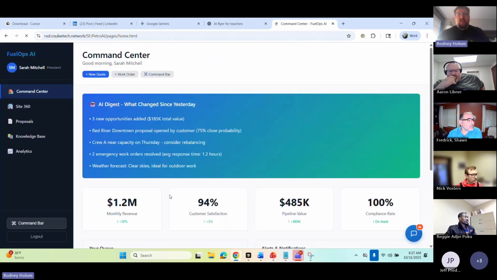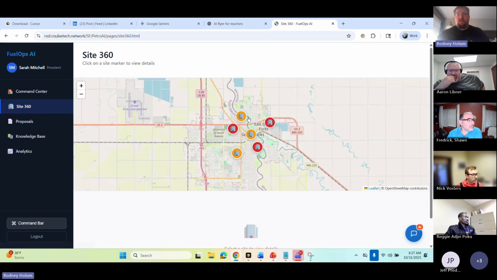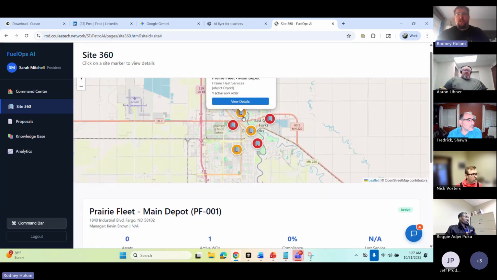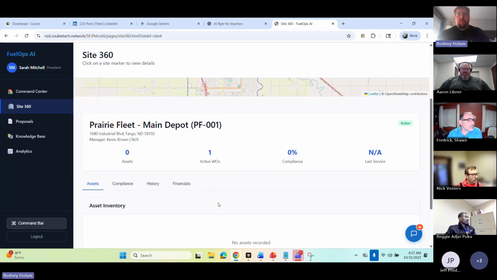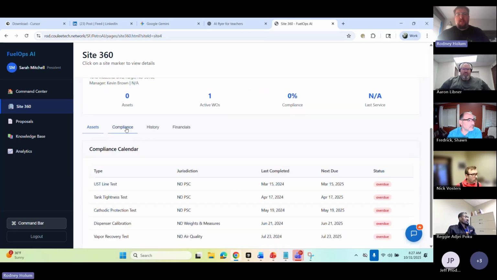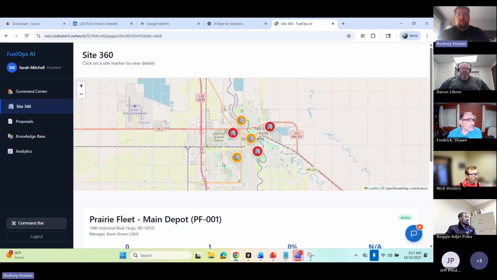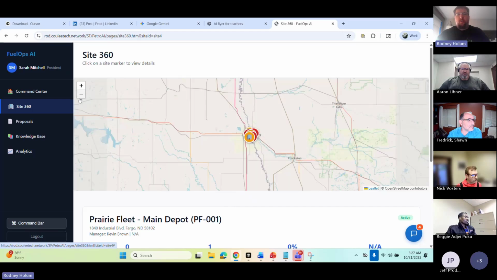If you log in as a president, you see the Site 360, which has these maps in it. You click in and you see a little depot information, view details of it. Then down below it gives you compliance history and financials for that particular location. We could map this out as large or as small as you want.